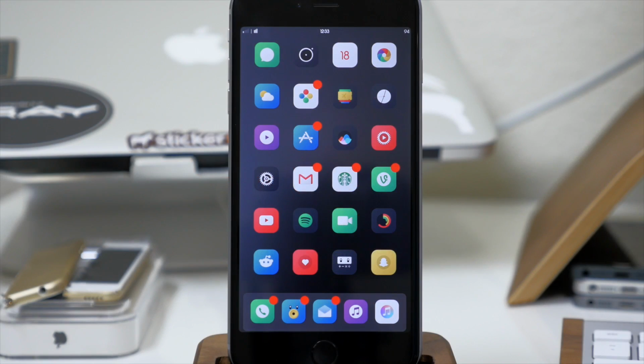What's up guys, this is Cody here, and today I'm going to be showing you the best tweaks and theme of the week. So to go ahead and kick this list off, I want to start with a theme that